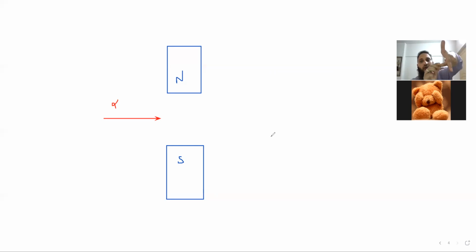My second finger should point in the direction in which the particle is moving. My first finger is representing south, which is down, and my second finger is representing the direction in which the alpha particle is moving. My thumb is pointing into the paper. You have to use the left hand for alpha particle. First finger represents south, second represents direction of the particle, thumb is pointing into the paper. So when you apply this rule,